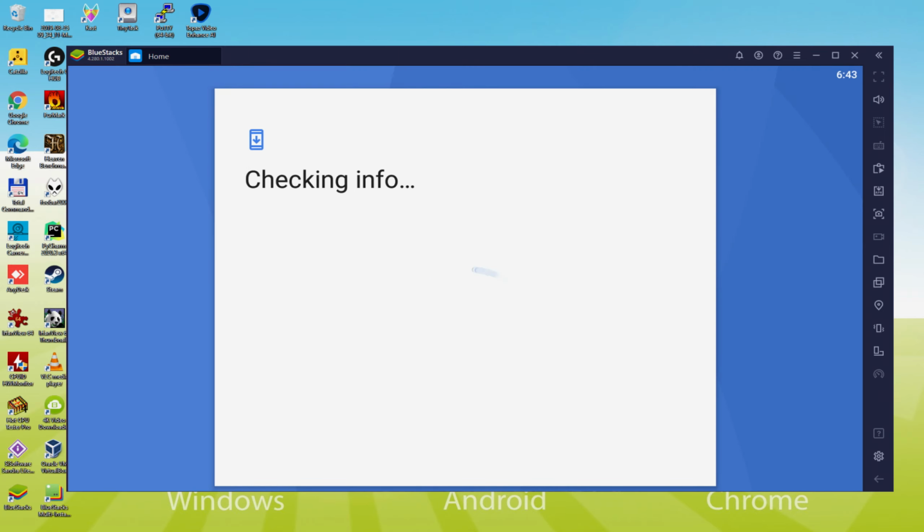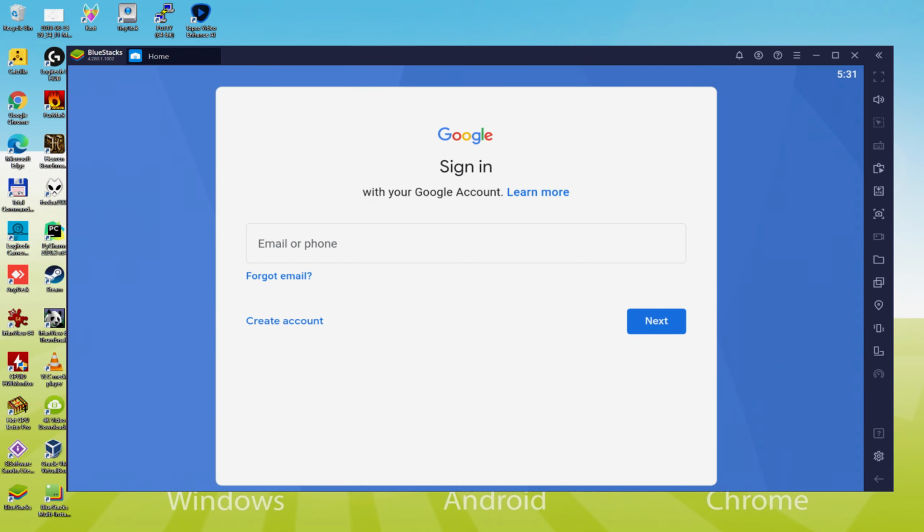It could in some cases get stopped at Checking Info, and it doesn't advance. In that case, you may attempt to log in after a number of hours and it will most certainly be solved. At present we can insert our email and password. The email has to be a Gmail email address and its matching password. For instance, you can use the exact same email you're using at this time in your YouTube account. So I am going to insert my info and I'll return after I have completed it.